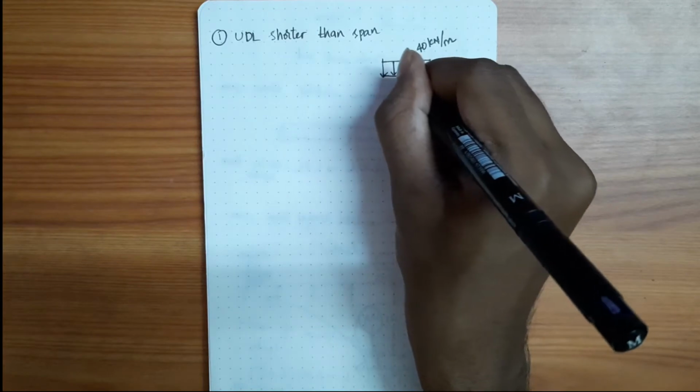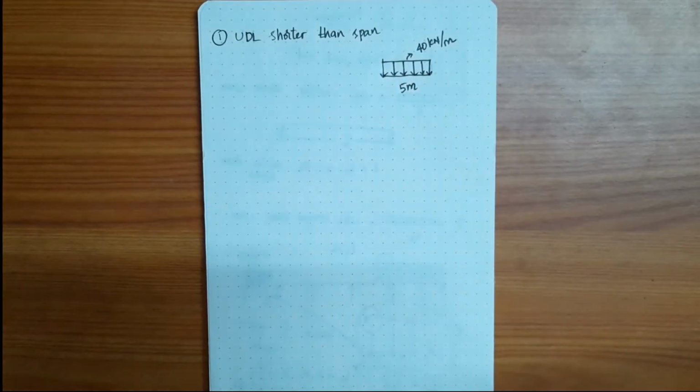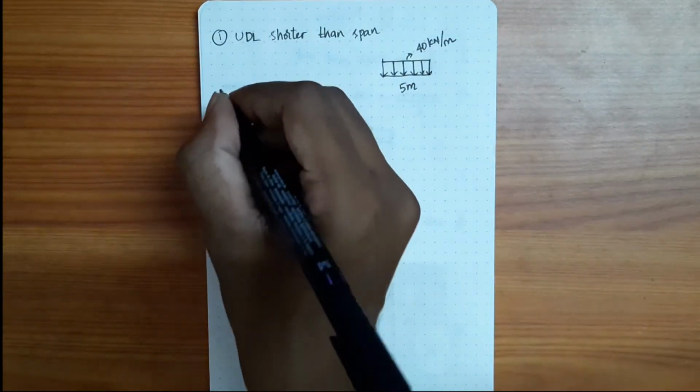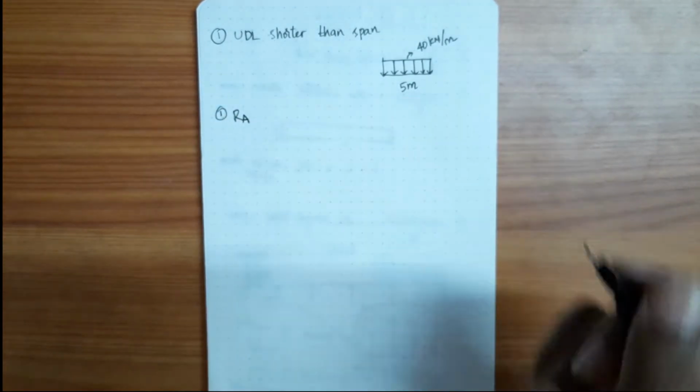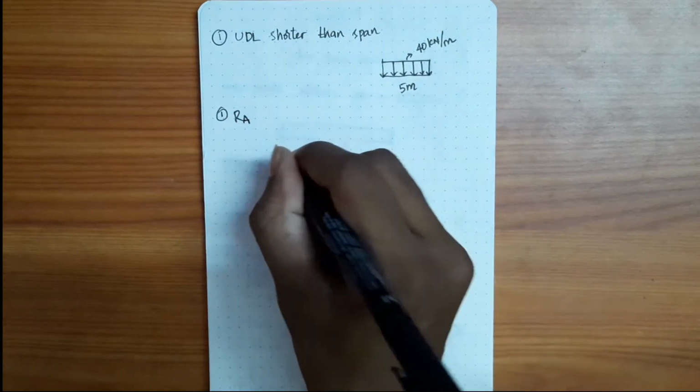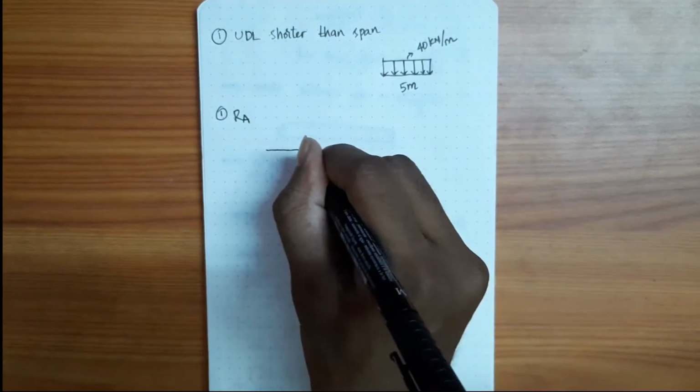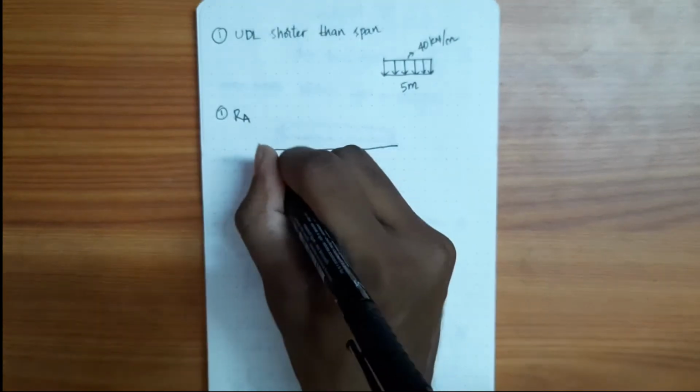Okay, this is the span of the UDL. Now, first one, we need to calculate reaction at A. So, in order to calculate reaction at A, what we need to do is,